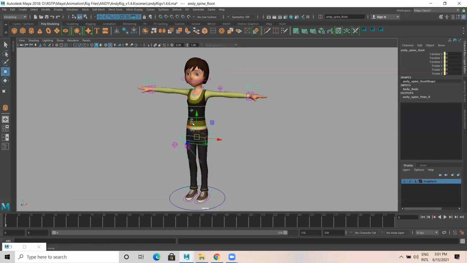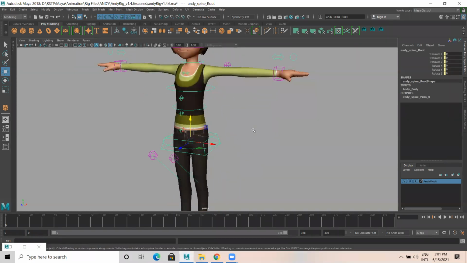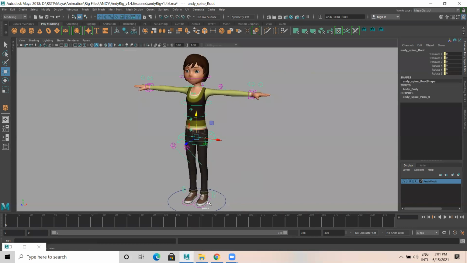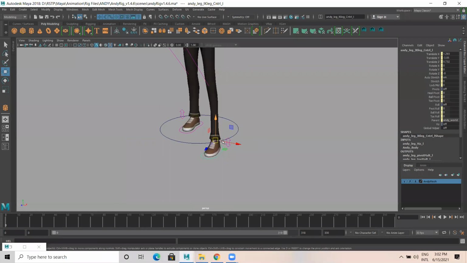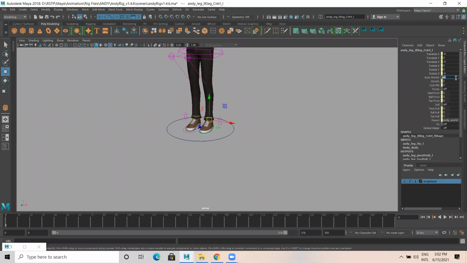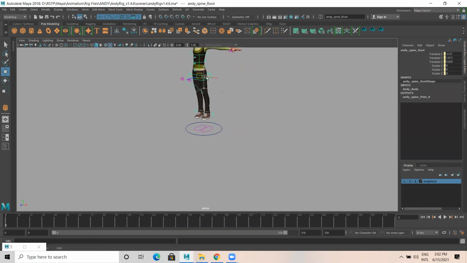Similarly, let me check with the body. I think the leg is on. So I select the leg controller. Yeah, auto stretch is on, make it 0, turn it off. This is one of the flexible characters. We can do solid, realistic animations using this character. The character is fine. It's the same rig that is applied for this character.